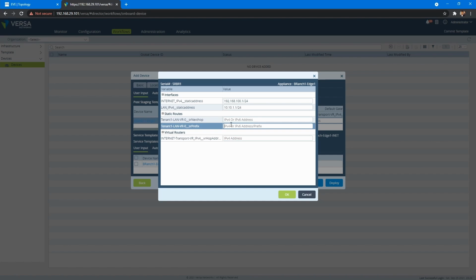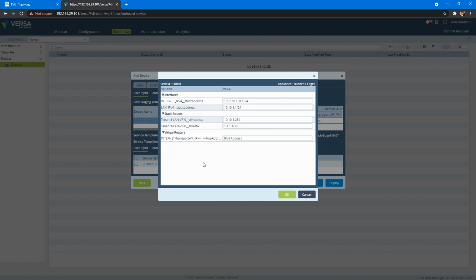For the lab, we'll use one loopback IP on our core switch, and we'll advertise that subnet. So 1.1.1.1/32, and the next hop will be 10.10.1.254. This is basically your static route information, your subnet details, and next hop. If you have multiple subnets, you have to provide the prefix details for each subnet. The last one is the virtual router.